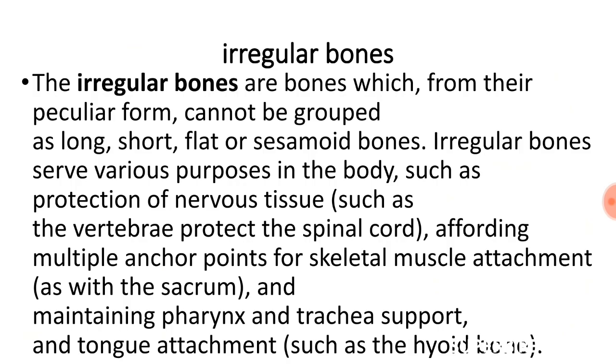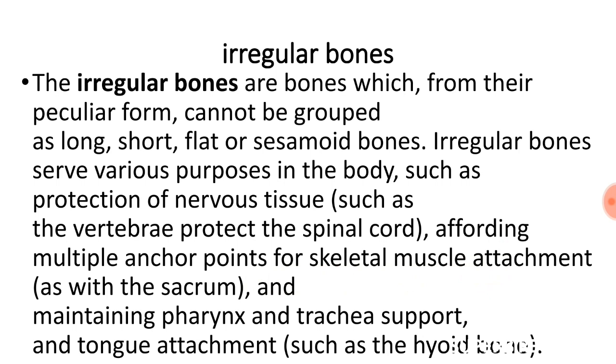And also we have irregular bones. The irregular bones are bones which from their peculiar form cannot be grouped as long, short, flat, or sesamoid bone. Irregular bones serve various purposes in the body, such as protection of the nervous tissues, such as vertebrae protect the spinal cord, affording multiple anchor points for skeletal muscle attachment,